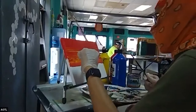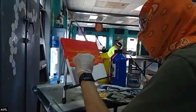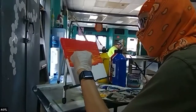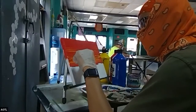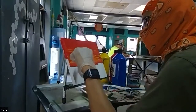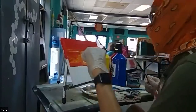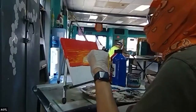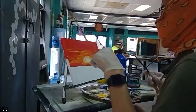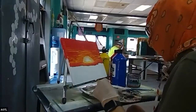Just take that to make it more realistic. And that's like the waves in the background. And it's getting a little messy, so we'll try to even that all out. And take that excess white to the red, or yellow to the red. One more time there. Okay. Yeah, that should be good enough. Okay, so then you take the...